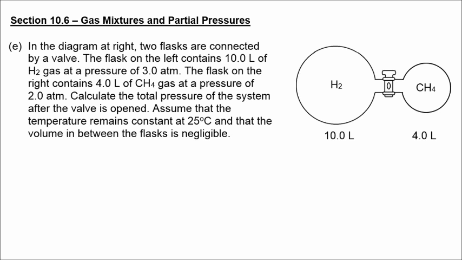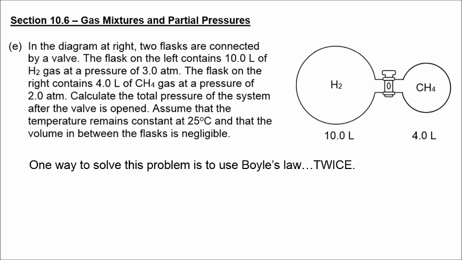When that hydrogen expands to fill both sides of this container, the final volume of hydrogen gas is going to be 14 liters. And then the same thing happens to the methane. The final pressure of methane will be less than 2 atmospheres as it expands. So we're going to solve this problem using Boyle's law. And we have to do it twice. We have to do Boyle's law for the hydrogen and do Boyle's law for the methane, and then add those